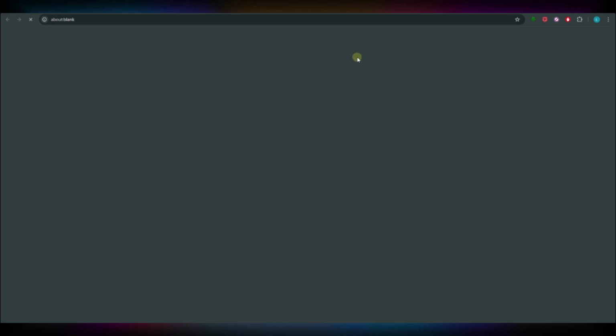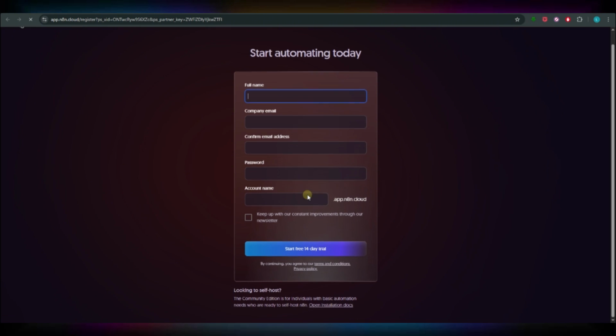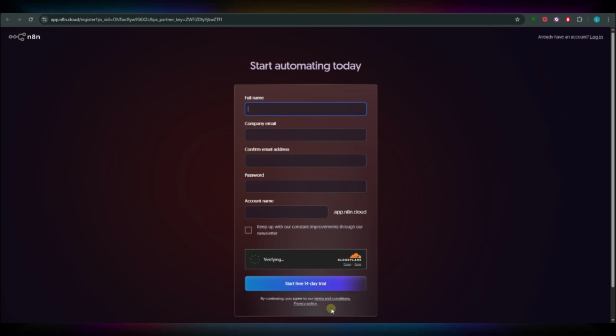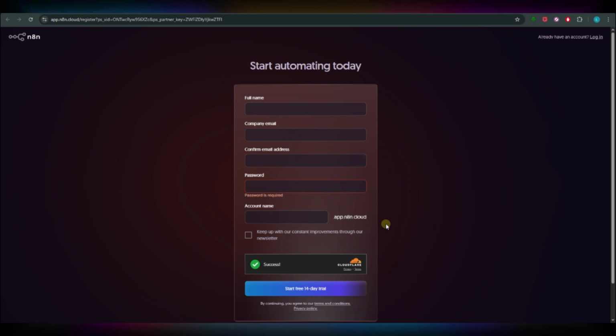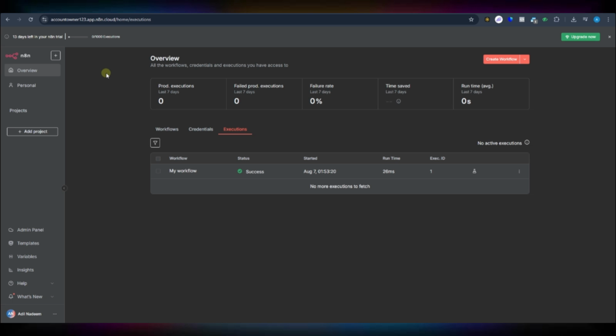So to begin, I'm just gonna go and click on get started. And here, put in your information and click on start free 14-day trial. So to do that, just fill in this information and you're good to go. After that, you'll need to answer some of the questions that they will ask you. And once we're done with that, it will take you to this kind of dashboard, which is the main dashboard